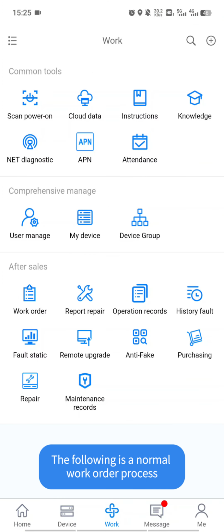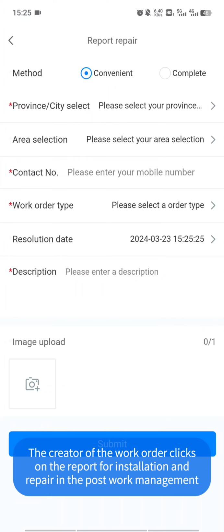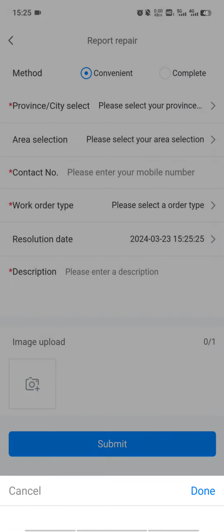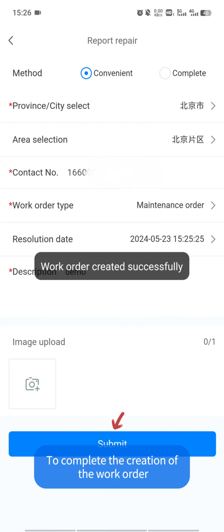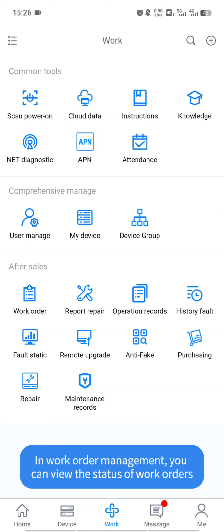The following is a normal work order process. The creator of the work order clicks on the report for installation and repair in the post-work management. Add or complete work order information conveniently. Click Submit to complete the creation of the work order. In work order management, you can view the status of